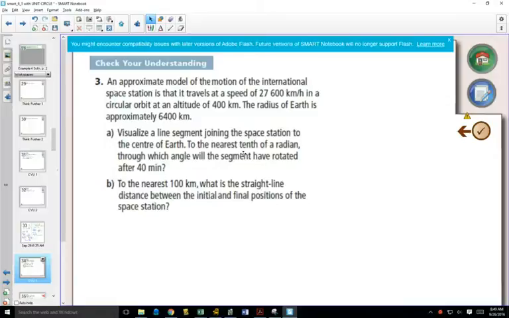And it is a little bit overwhelming. But when you have a question like this, that yes, it has a lot of words and it's a little bit overwhelming, a nice starting place is to draw a picture, draw a diagram, give yourself some sort of sense of what are we trying to solve for here. So we've got